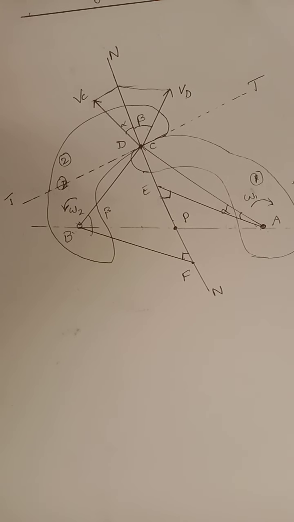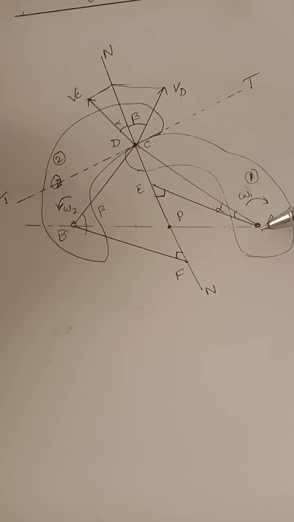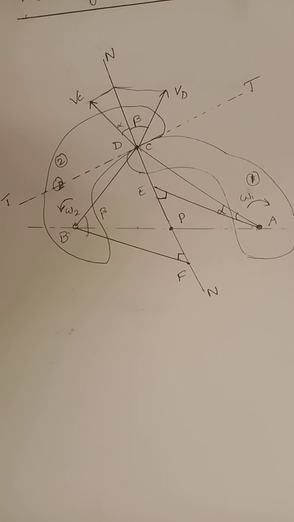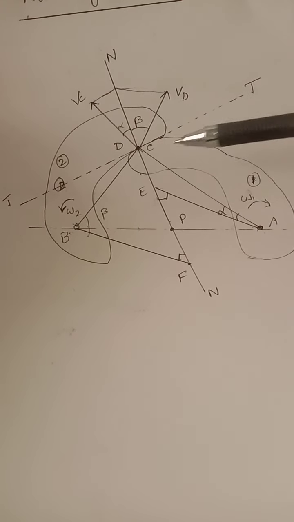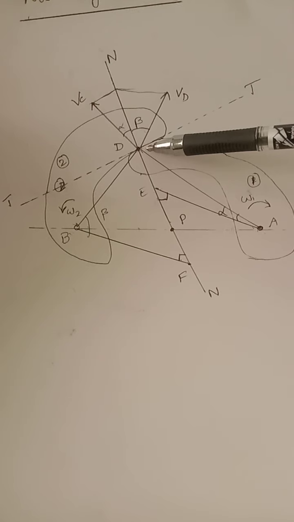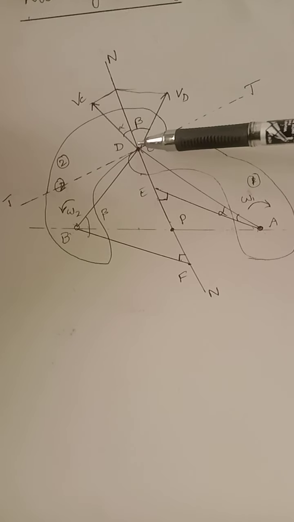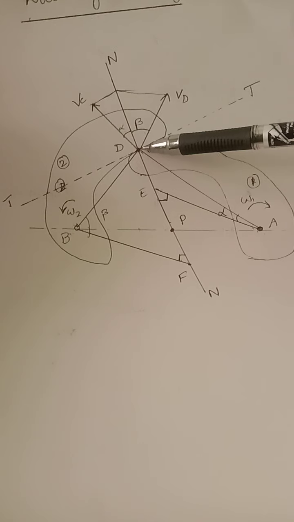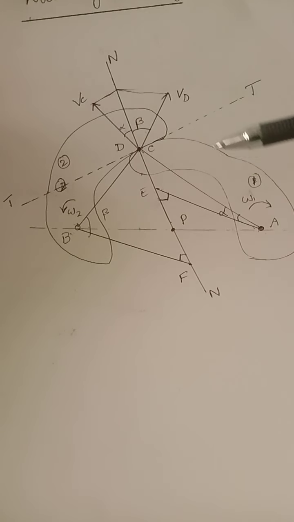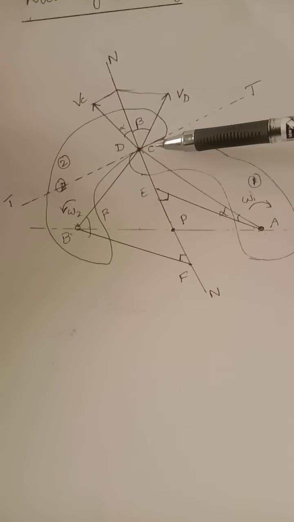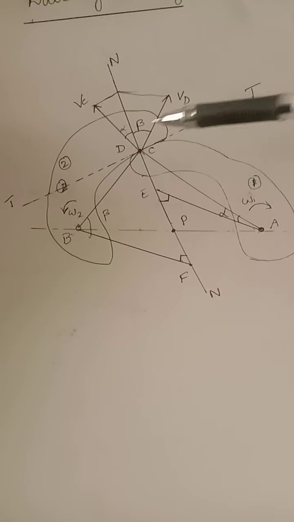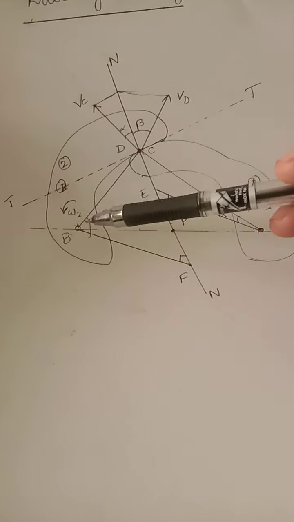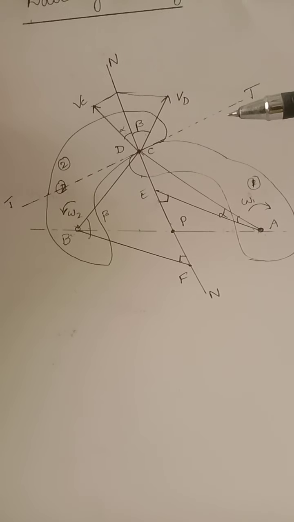You can find two gears, and the points A and B are the centers. A is the center for gear 1, and B is the center for gear 2. Also you can find the points C and D. Okay, C and D is a common point. If C is considered on gear 1, then C is the point considered on gear 1, and D is the point that is considered on gear 2.